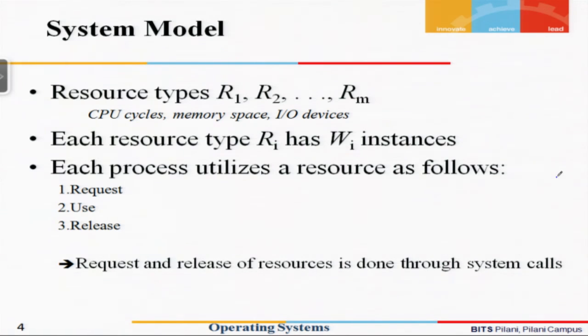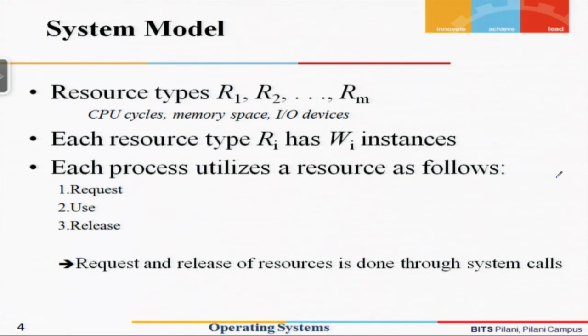And whenever a process tries to utilize a resource, it follows a kind of protocol. So the protocol is something like the process would need to make a request for the resource, and the OS would grant the resource. Once the process has finished the usage of the resource, then the process is voluntarily going to release the resource. So this is a kind of protocol which is followed. So we can say that processes would make a request, and then the OS would grant the request by allocating the resource, and